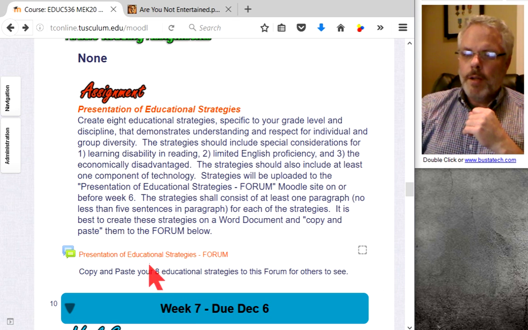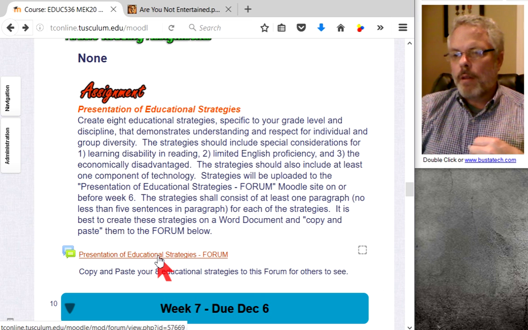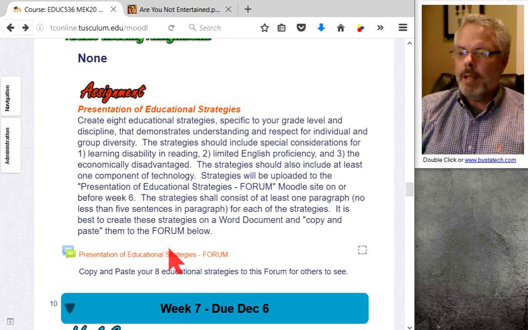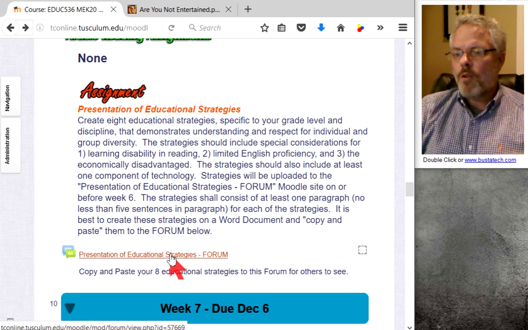And what I would like you to do, and we're going to try it: if it doesn't work, you can email me, and then I'll open up another forum so that you can just upload the document too. But if you upload the document to me, the other students can't share that information. So I thought this would be a great opportunity for sharing these strategies with the other students. And I promise you, doing this will save you an enormous amount of time during your comprehensive exam.